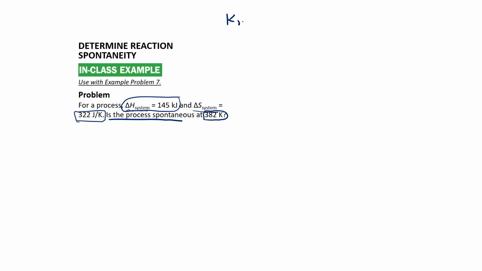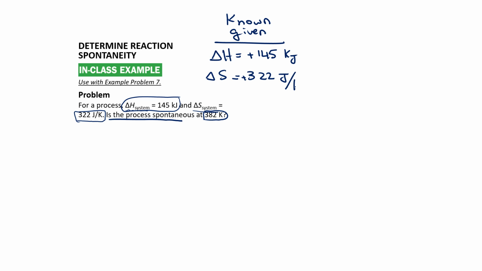So, what did they give us? Known or given: delta H equals positive 145 kilojoule. Guys, you need to focus on the units, okay? The delta S equals 322 joule per Kelvin, and the temperature equals 382 Kelvin. The temperature measurement here is in Kelvin, okay? Unknown: